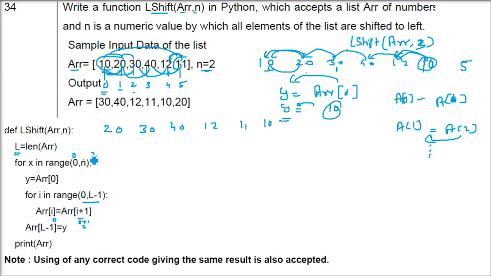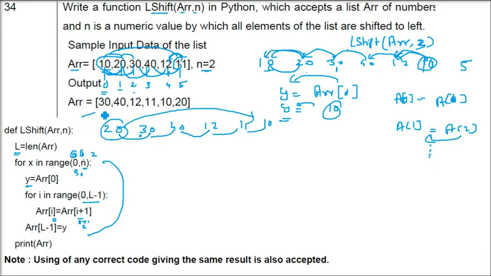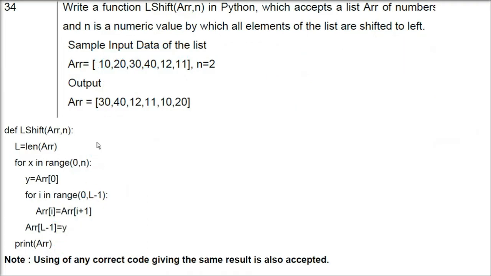We have to shift it twice. One shifting we have already done, but because the question is asking for double shifting, 2 shifting to the left, one more shifting will be done. So 0, 1 we have done. Once it is incremented, 1 will go. That is, twice the shifting will be done. So next time what will happen? 30 will come here, so before that you have to save 20. We will save 20, and finally you will put 20 in the position of 10. So finally this list will come.